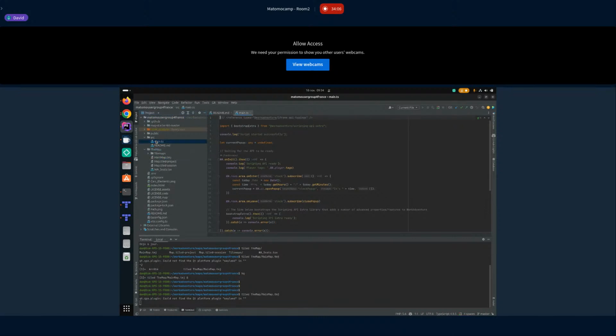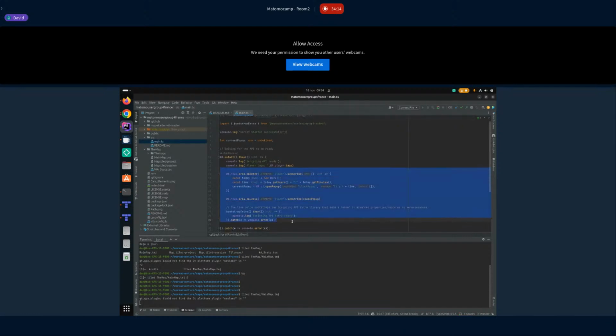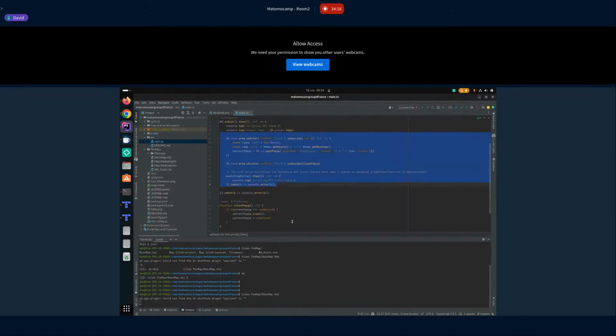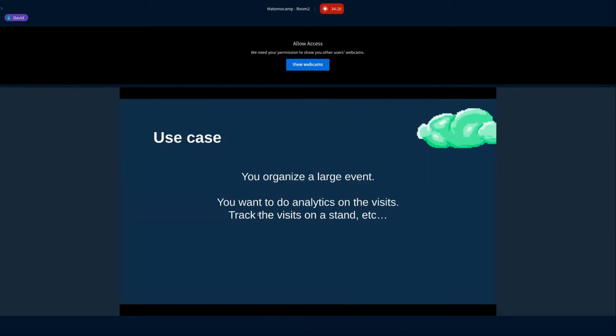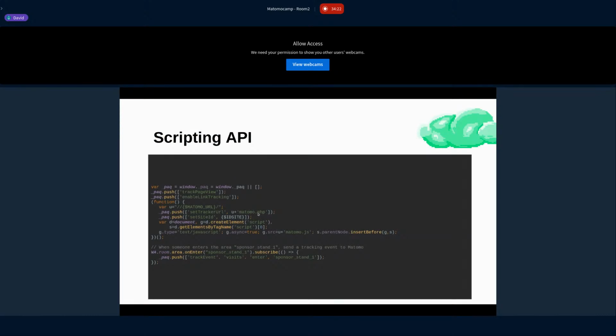Next to the map, there is a main.ts file that you can edit and modify. Basically, you are going to put some special script here. I did not put the script directly, but I'll show you what it could look like. Basically, the script would look like this. You are all used to Matomo. You all know this tracking beacon.